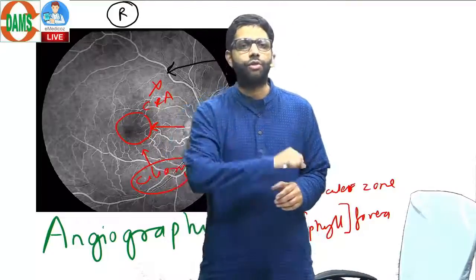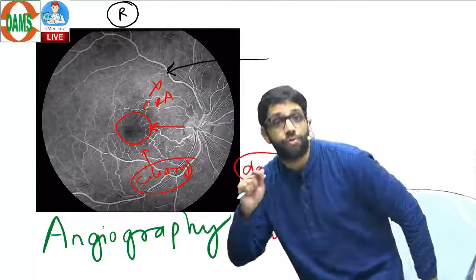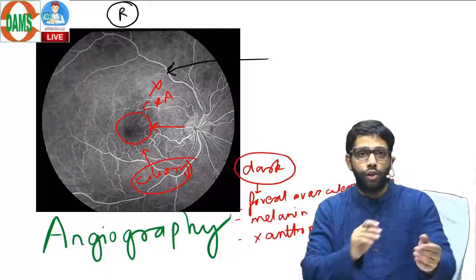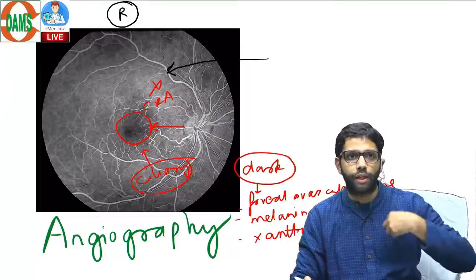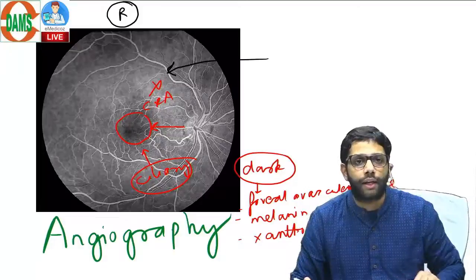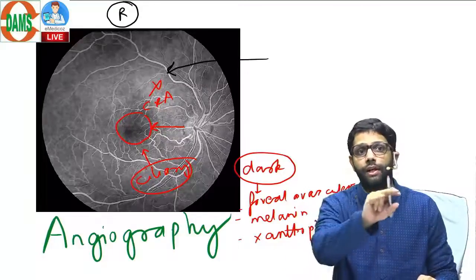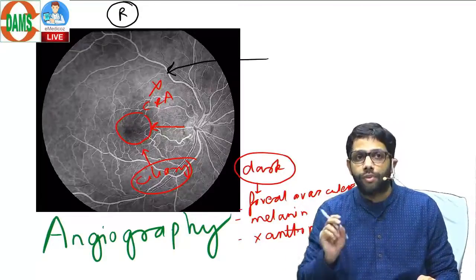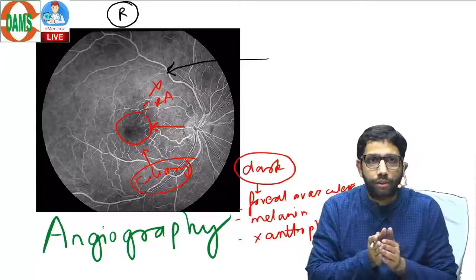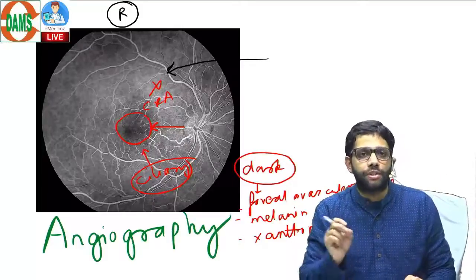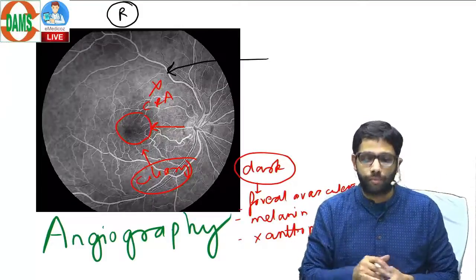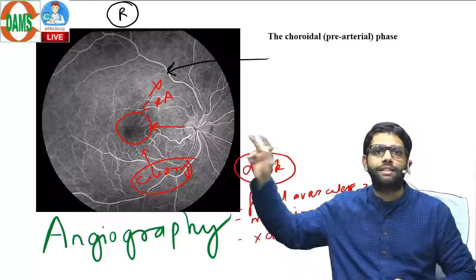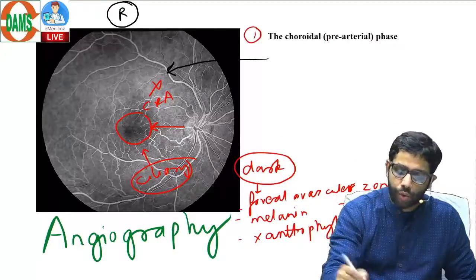The next point you should write in your exam, stages of angiography. You put a dye, it goes to the heart, it goes to the ICA, it goes to retina and choroidal vessels. Where should it go first, retina or choroid? First it should go into the choroid because the anatomy is oriented like that. First it goes into the short posterior ciliary artery. Means choroidal phase is the first phase. The first phase is choroidal.